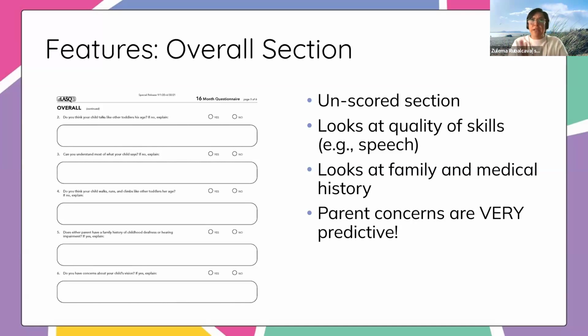Or it could be that, in the communication domain, there's a question around, does your child have this many words, right? Or are they talking? And it could be, yes, they have these words, they're talking, but the words that they have are very hard to understand, right? There's something going on with their expressive language. Like it's very hard for other people to understand them. I understand him as a family because I hear it all the time. I know their cadence, but other adults have a hard time understanding them, right? So we want these skills to be functional. We want to look not just if the skill is present, but the quality of it.